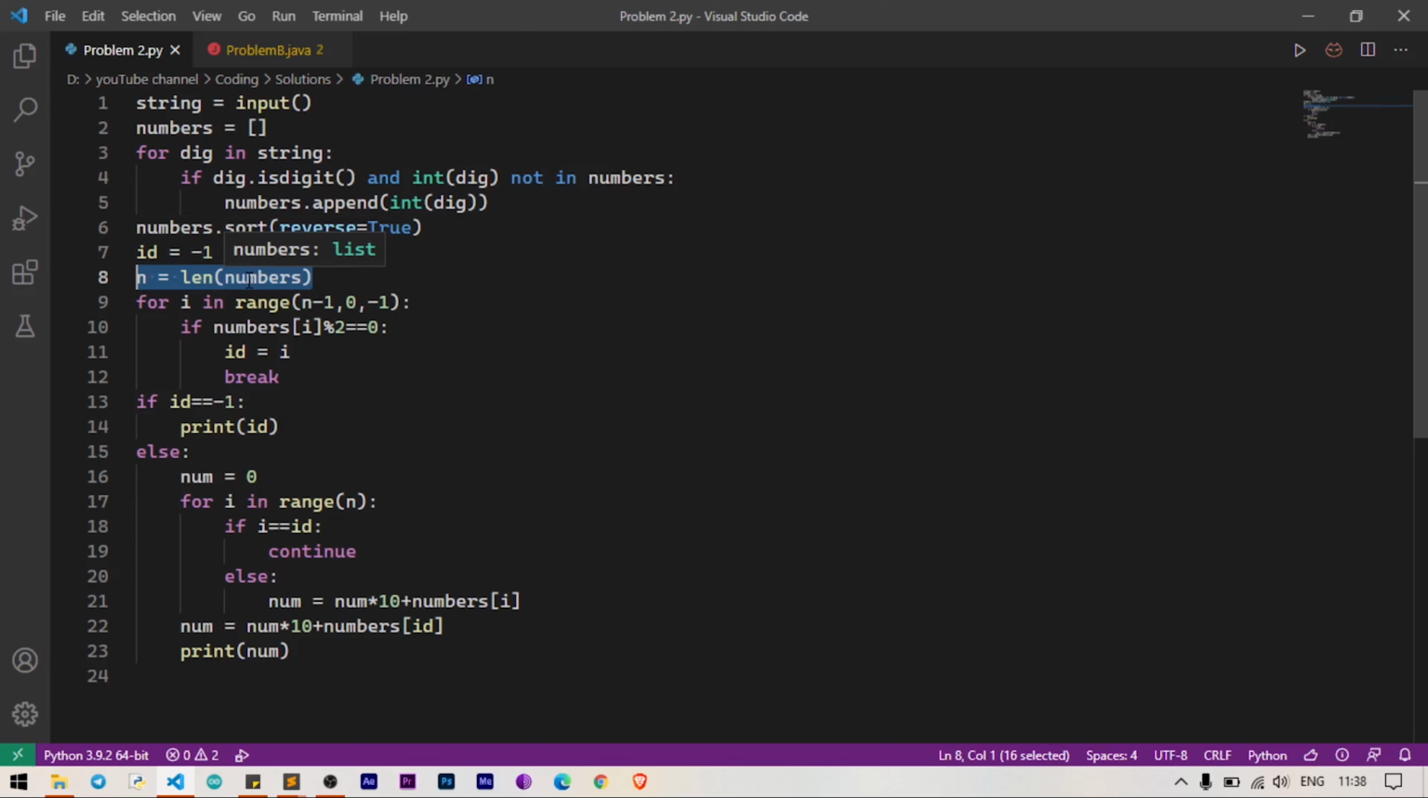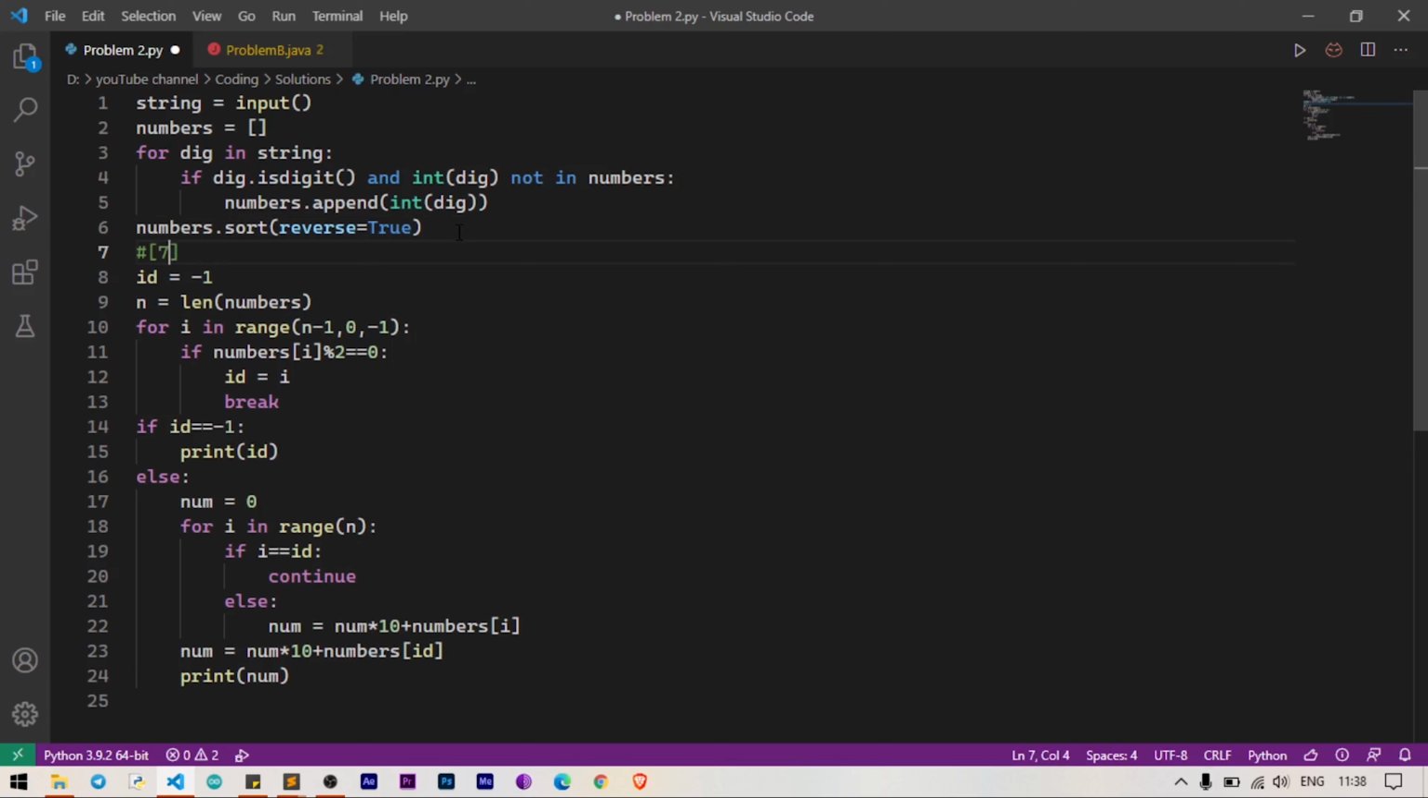We need to find the minimum even number, right? So we iterate from back to front, because we have the reversed list, let's say 7 5 4 3 2 1 in reverse order. Going from the back is easier, because the minimum even number is at the second position from the back. If you go from the front, we need to consider the last-but-one index, which means the fifth element. That is why we go from the back. Whenever we find it, we break the loop. So, if numbers[i] % 2 is equal to 0,